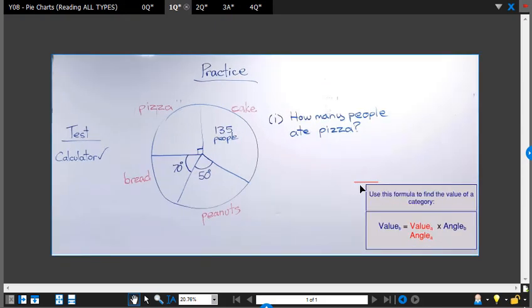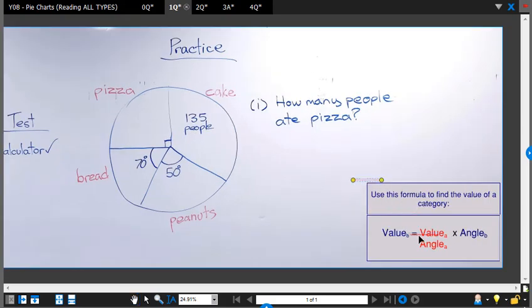Okay, well, what do we know about this? We have a number of angles, right? So we have a 90-degree angle, so let's just fill that information in. What else do we have here? That's 90 degrees. We know 90 plus 70 is 160, plus 50 is 210. So if we take these away from 360, we'll know that's 150 degrees. Alright? So now we have a category whose angle we know and whose value we know.